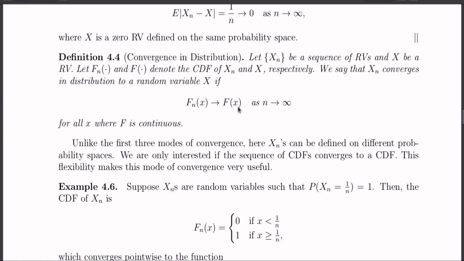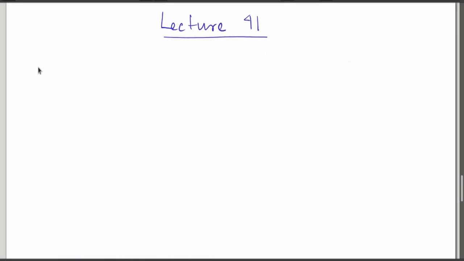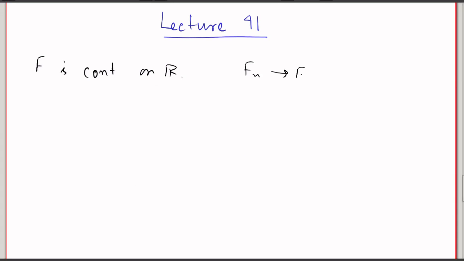So what I am trying to tell is that if F is continuous on R and Fn converges to F,